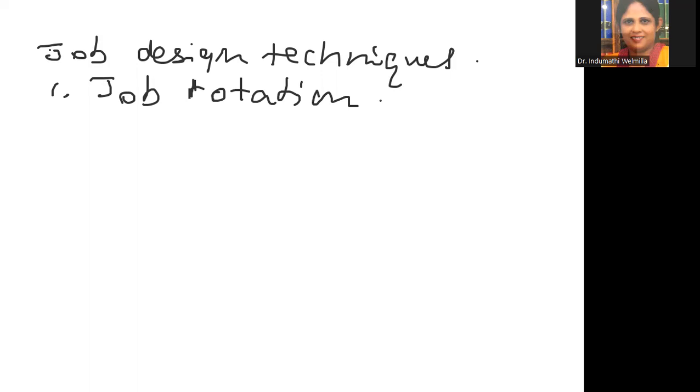Job rotation. So what is job rotation? Job rotation is a job design method which is able to enhance motivation, develop workers' outlook, increase productivity, and improve the organization's performance on various levels through its multi-skilled workers, and it provides new opportunities to improve attitudes also, right? With this job rotation. So job rotation is also a process by which employees